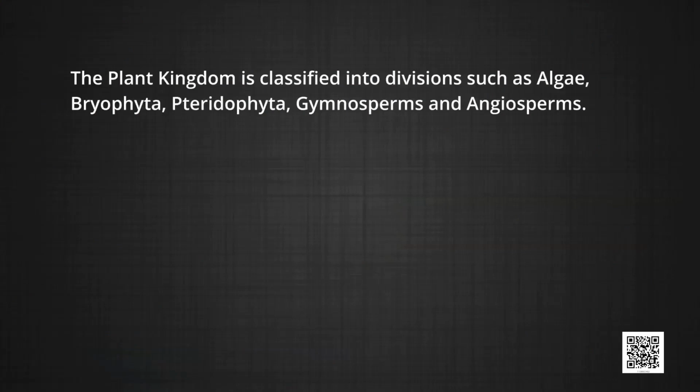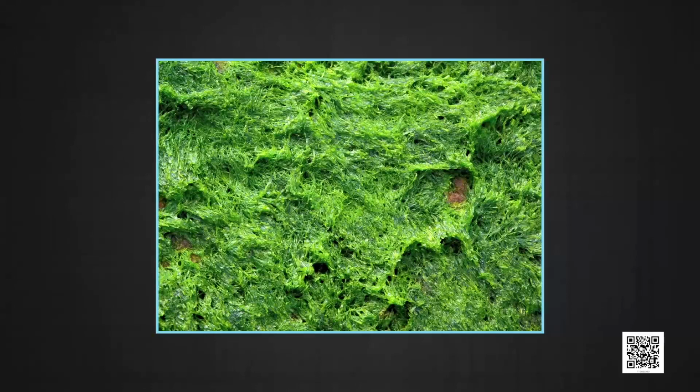The plant kingdom is classified into divisions such as algae, bryophytes, pteridophytes, gymnosperms and angiosperms. Among these, algae are the simplest, most primitive and aquatic plants, while the rest are terrestrial in nature. Algae contain chlorophyll, but some have an additional red pigment, that is phycoerythrin, and are called red algae, while some others have an additional yellowish brown pigment and are called brown algae. The mode of reproduction in algae is vegetative, for example by fragmentation, asexual by spores and sexual by gametes and